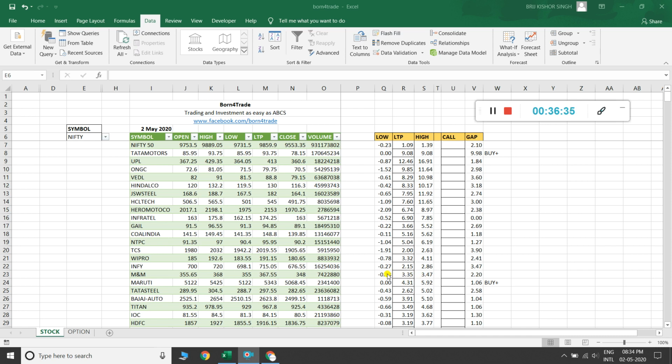Then you can see the logic, my personal logic, that if the stock makes a low percentage within 0.4%, it will generate a buy signal according to me.